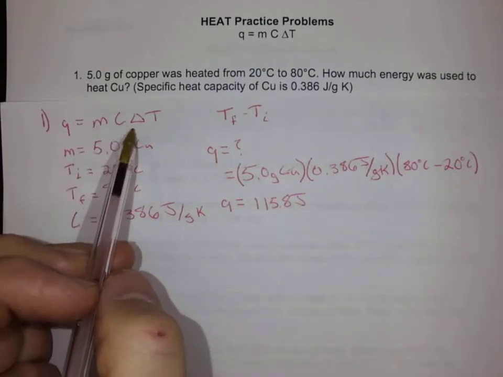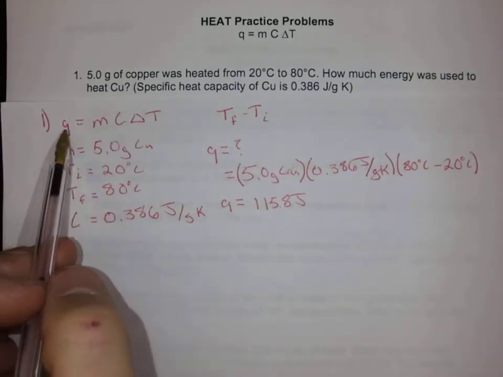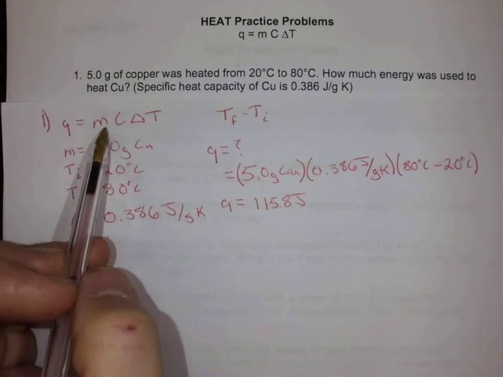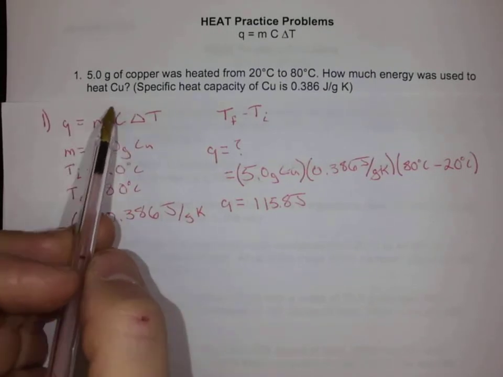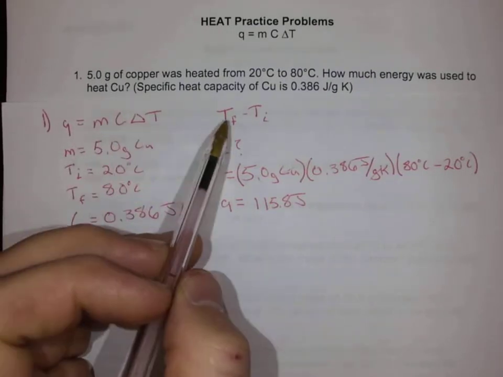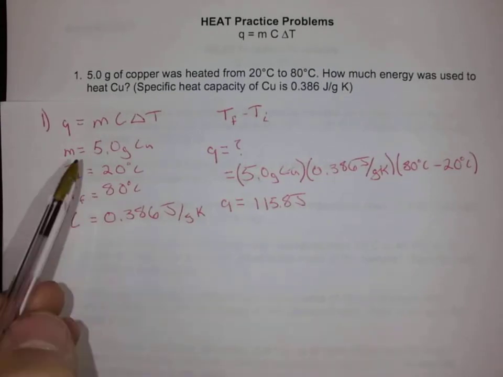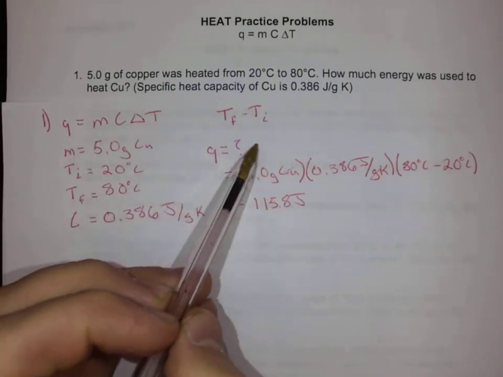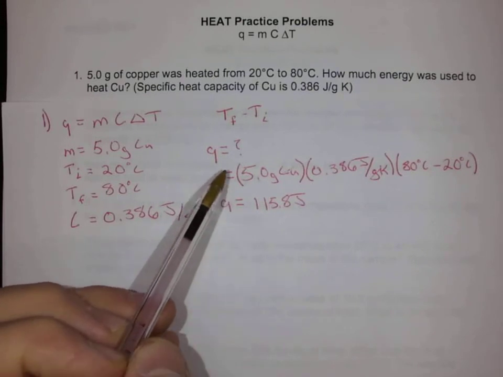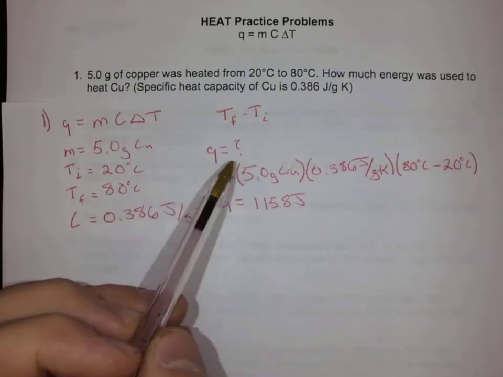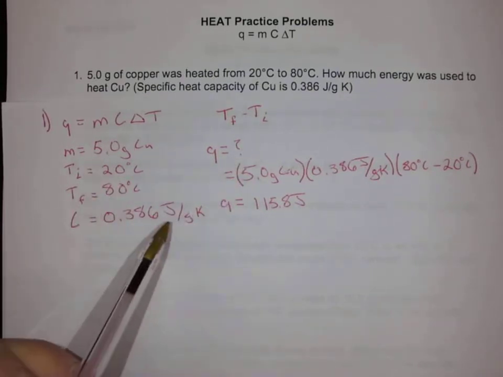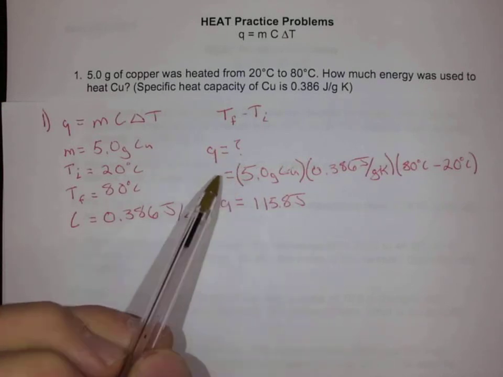Now sometimes, of course, we're going to solve for something else. Maybe we know the heat, and maybe we need to solve for the mass, or C, or ΔT, one of T final or T initial. We can solve for those as long as we have all of our other variables, okay? In this question, we only had one unknown variable. If we had all of our others filled in, we were able to solve for Q,